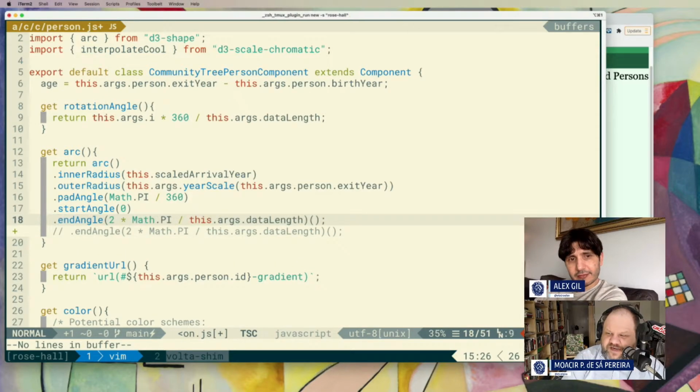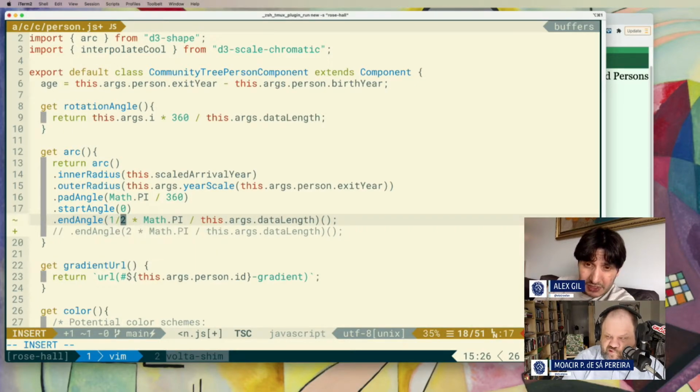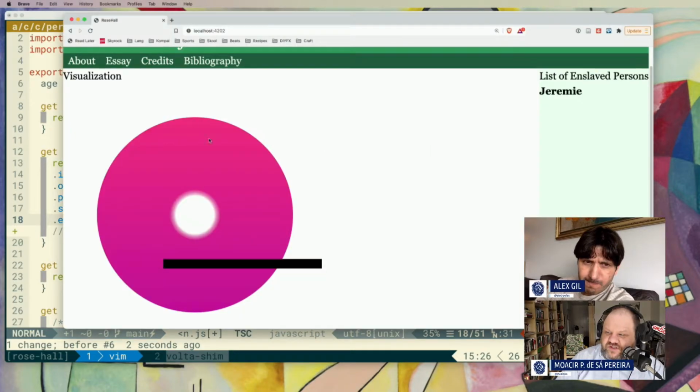let's make the end angle... It can still be 2 pi. We just need something curvy to happen in between. No, you won't even see it. Like, this is one wedge. So where are you going to see the curviness? All right.